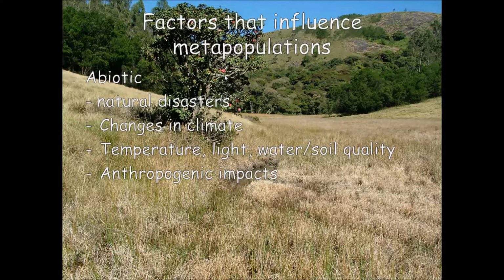Next slide, I'll be discussing the abiotic factors which affect a metapopulation. One of these abiotic factors is natural disasters. Natural disasters have the ability to destroy or form new land, which can cause extinction or colonization of an area. If extinction occurs, this allows a niche to open up for a new species for their population to thrive in.